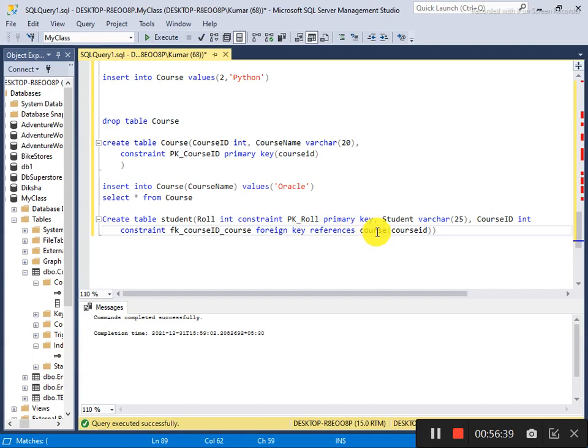So it's a table name, the course table, and in the course table I am asking for course id. Keep in mind that whatever you are referring to as a foreign key must always be a primary key in the parent table. Okay, so see here how it's working.